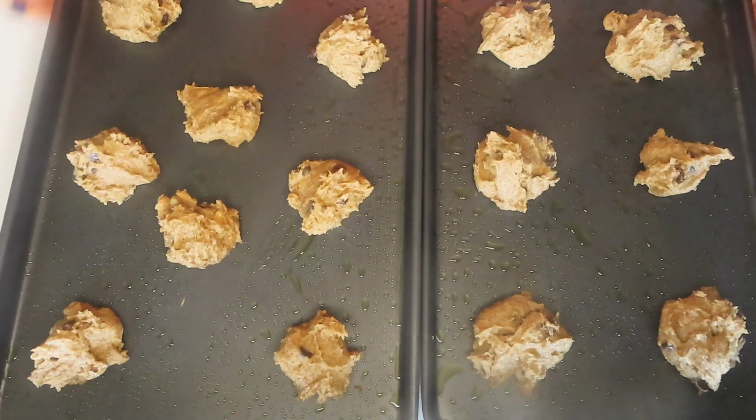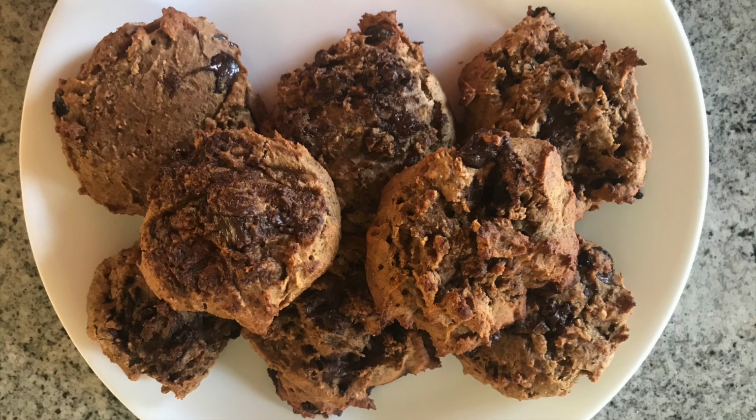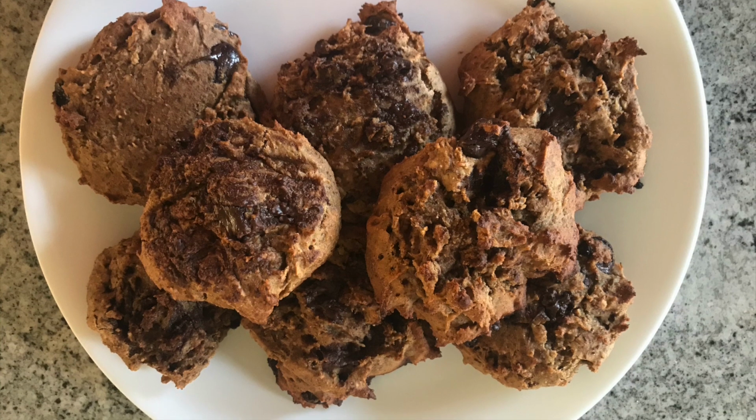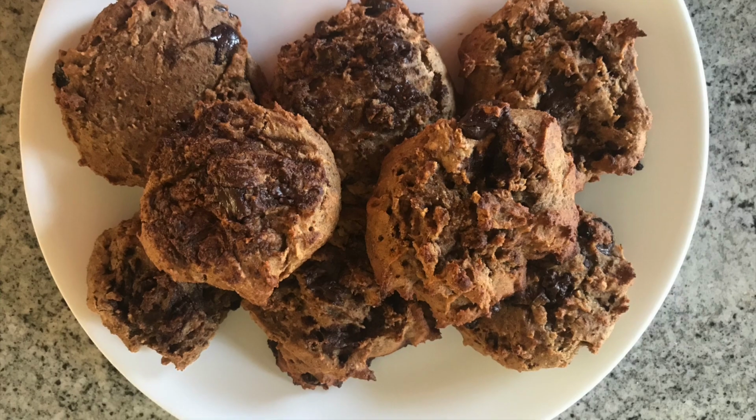Now, I'm going to bake them in a 350-degree oven. It's about 15 to 20 minutes later, and here are my cookies. They are incredible, and they're tasty, and they're